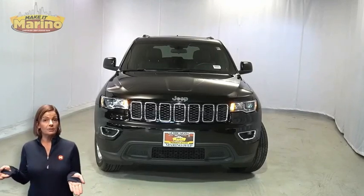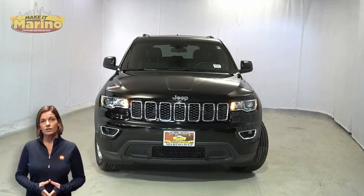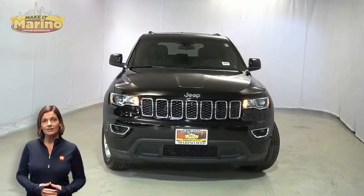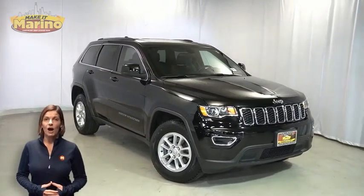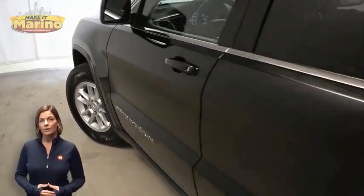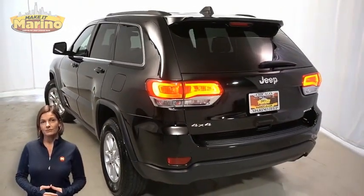Looking for a highly equipped SUV with all the right options and reliability? We'll take a look at this certified pre-owned 2019 Jeep Grand Cherokee Laredo E in diamond black crystal pearl. With halogen quad headlamps, premium fog lamps, 17-inch aluminum wheels, power heated mirrors, blind spot and cross path detection, LED